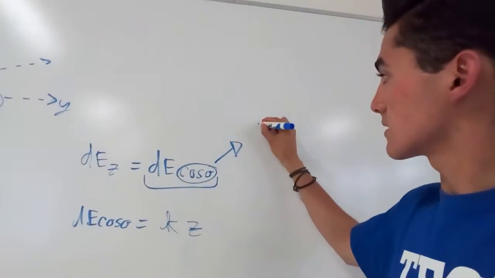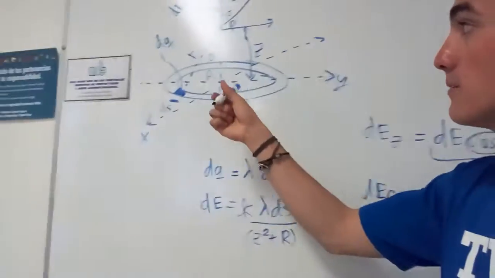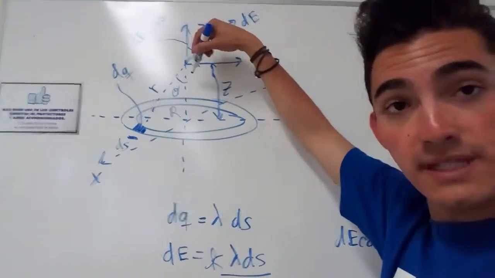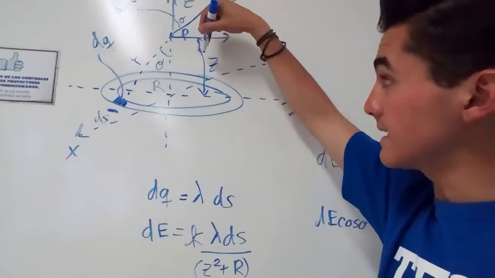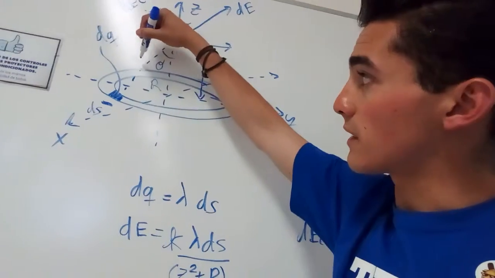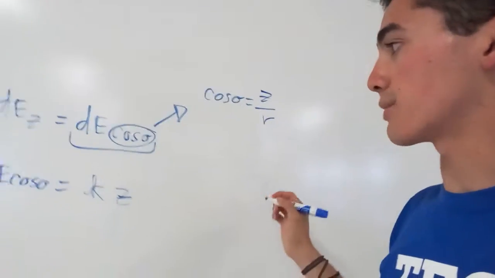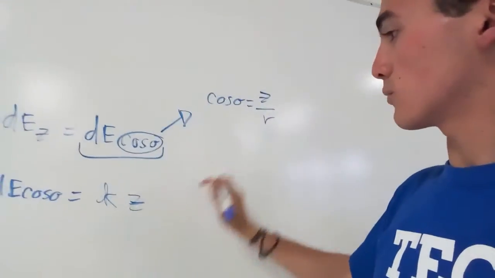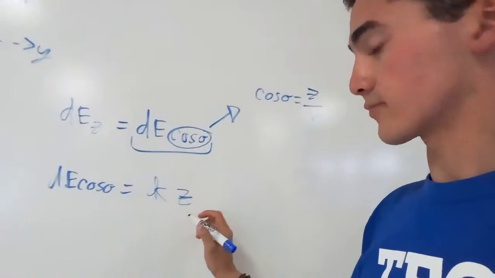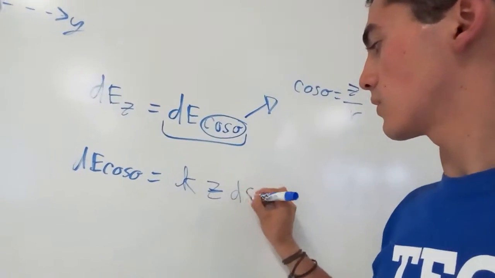We established that the cosine of theta, as we see in here, is equal to z, the adjacent leg, over R, that is our hypotenuse. So that's why we will have the cosine of theta as z over the hypotenuse, and then our ds over